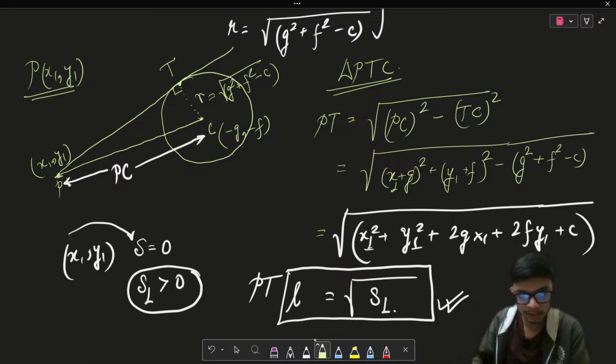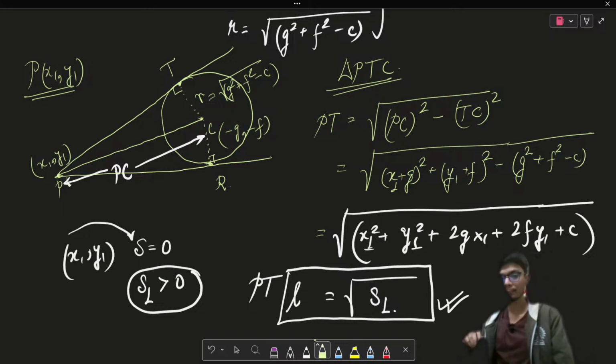So from this point P, I can also draw another tangent to the circle. Let us call that point R, right? And this is also going to be perpendicular to the radius, right? So now, instead of asking the length of the tangent, because I know that both this PT and PR